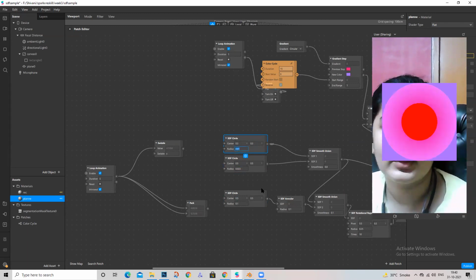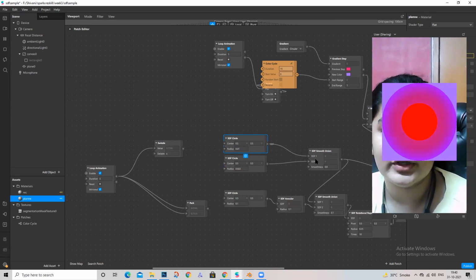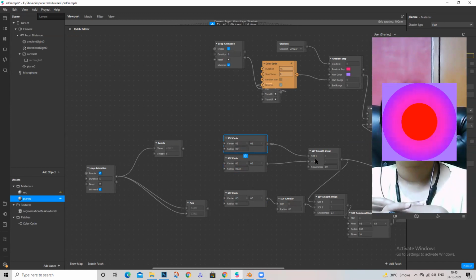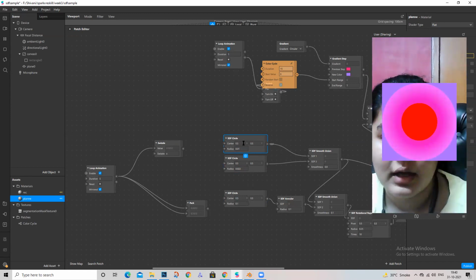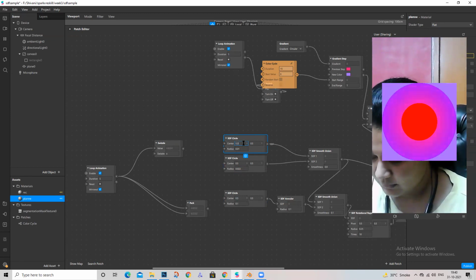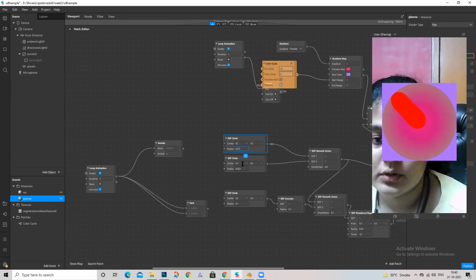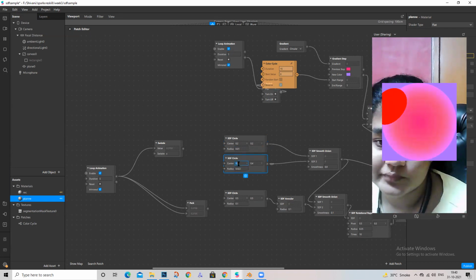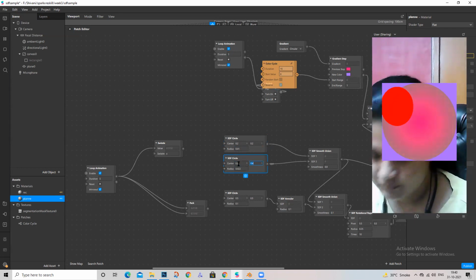Okay, so you can see मैंने 2 circles लिए, मैंने उनको smooth union में डाल के उनमें से I made a new you can say a new shape, and you can change the center to make the shape. Okay, so ये shape बन गया है.